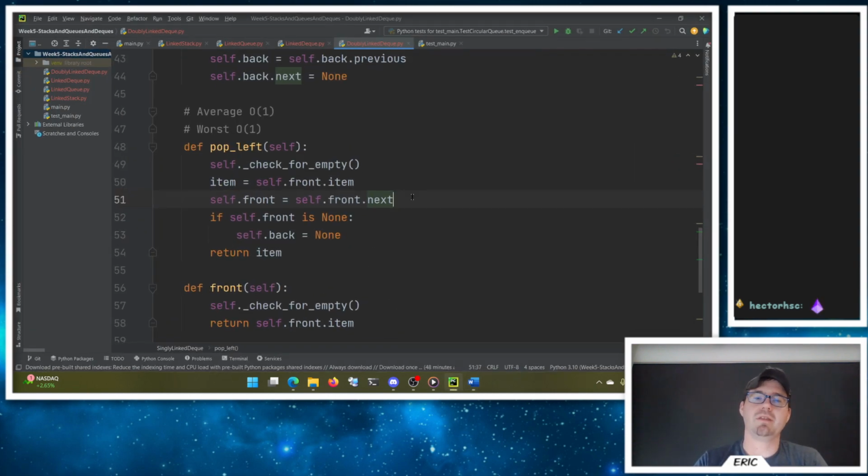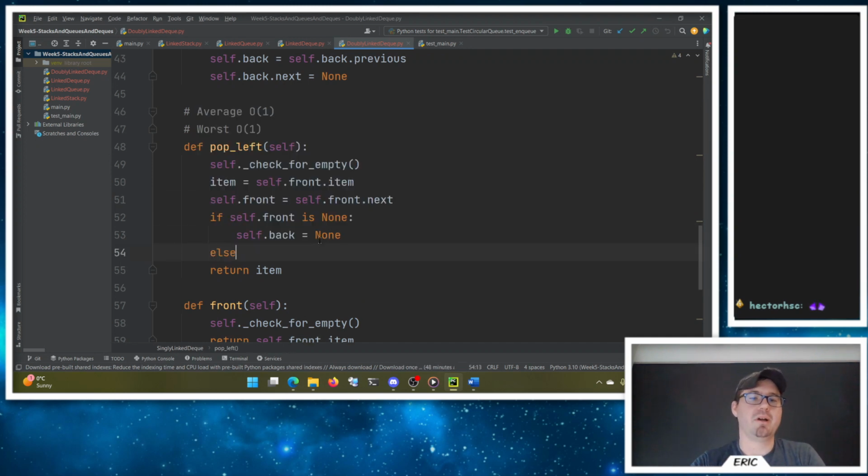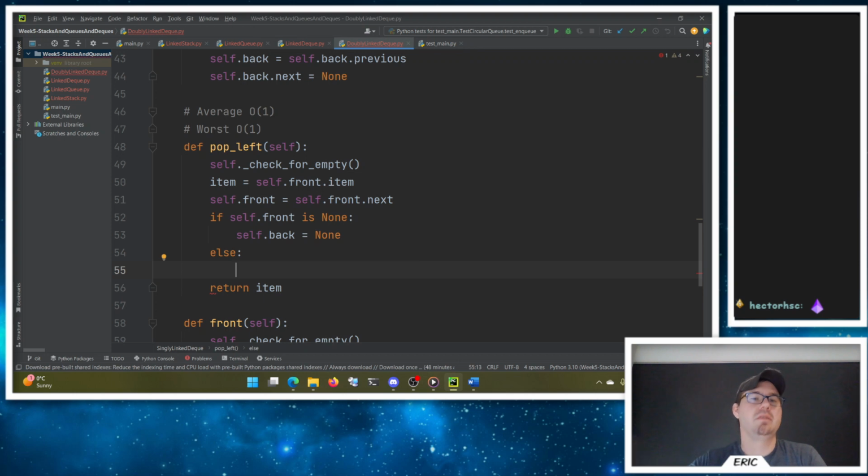So after we do that then, right? And if it is none, we can't do that, right? So now the special handling here is going to be interesting. So we take front becomes front's next. That might be none. There might have been nothing next. So if it is none, back becomes none. Otherwise, if it's not none, then I can say self.front.previous is none,